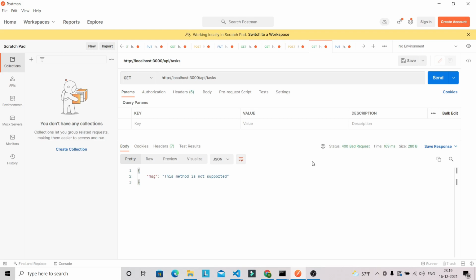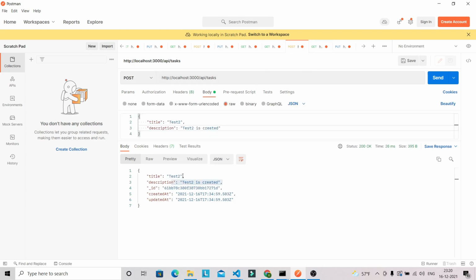So as you can see, we already have one data in our MongoDB. So first, this data I'm going to display in our home page. Okay, so we already have one data, so we can create some more data. Let's do that as well. So here we can give like eating, and we can give description like I will eat by 2 p.m.